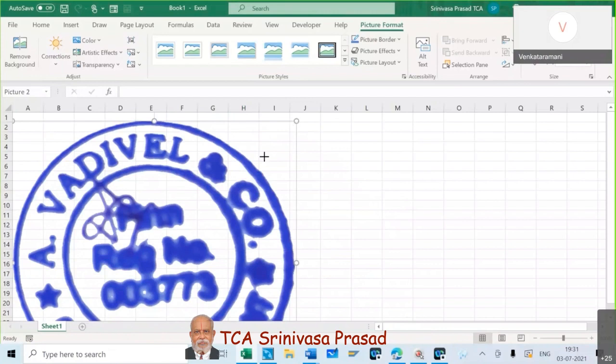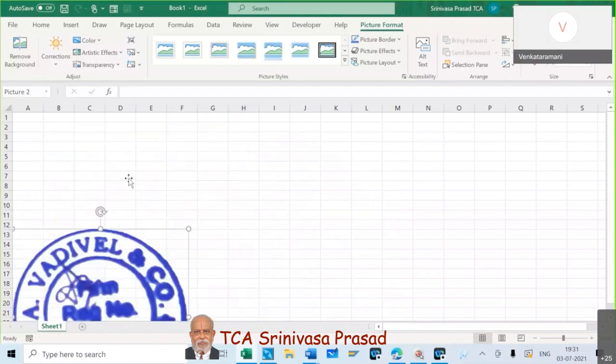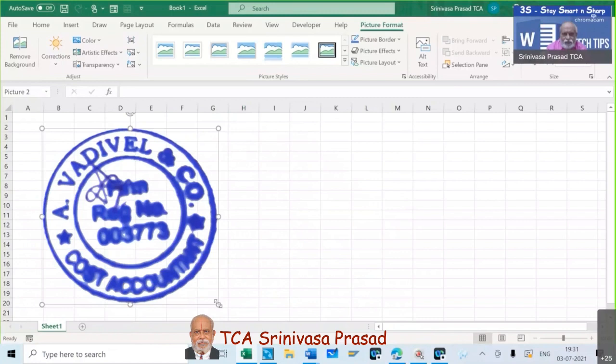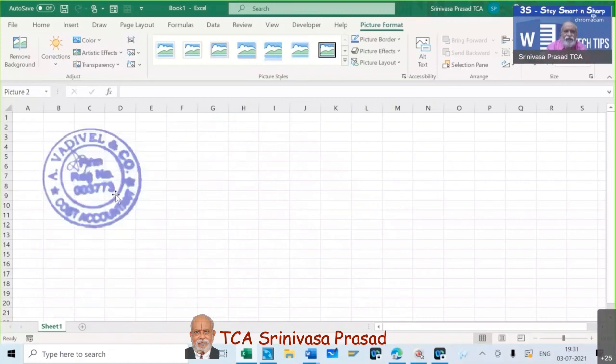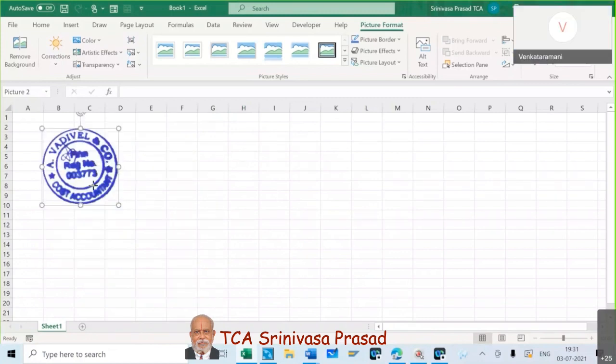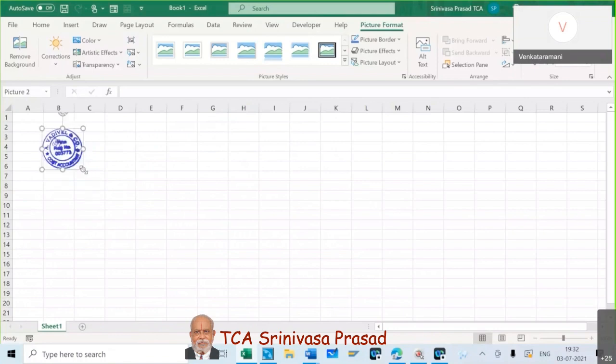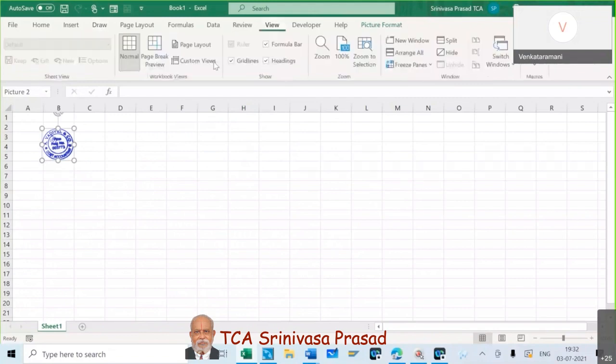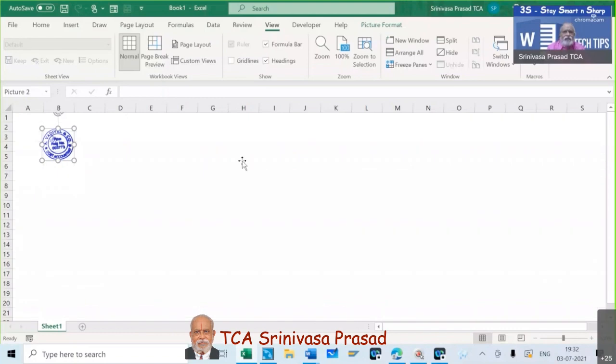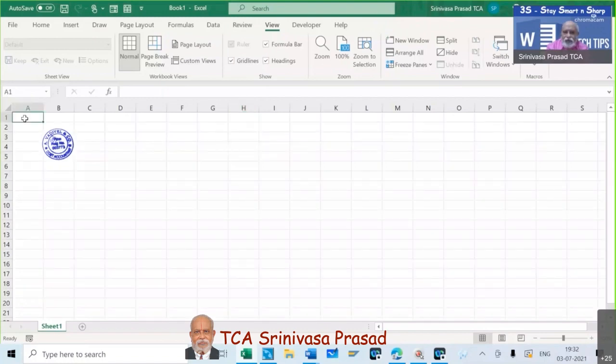Now we will make it smaller. Now the moment you go to view and then remove the grid lines, you just see how beautiful it looks. Okay, we'll put the grid lines for the time being. Now what happens?